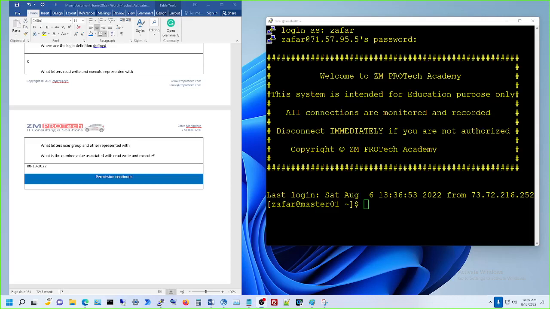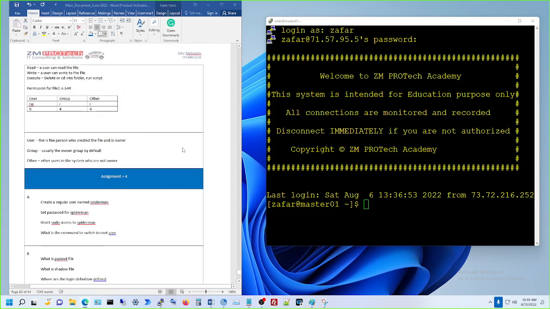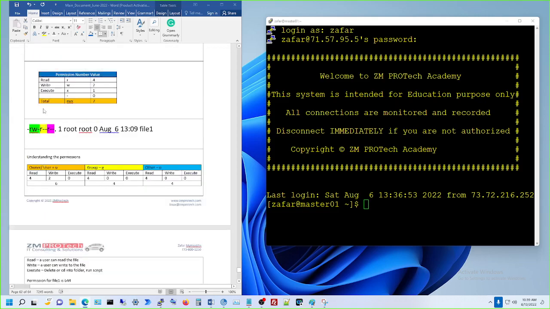So what we're gonna do is go a little bit deeper into the permissions, and that way you have a better understanding here. So let's get started. We left off on user, group, and others, right? So user is represented with